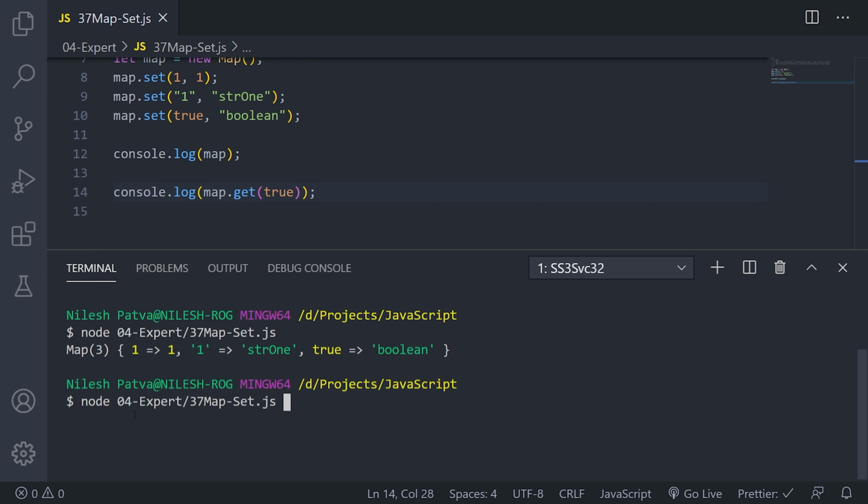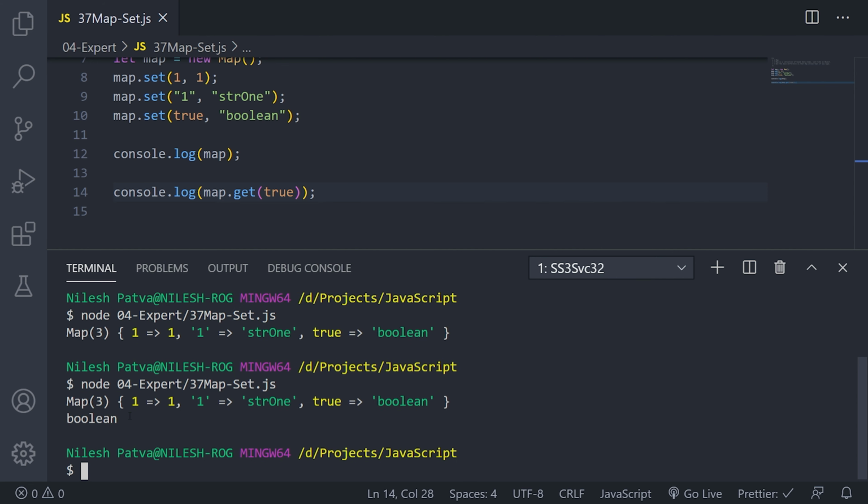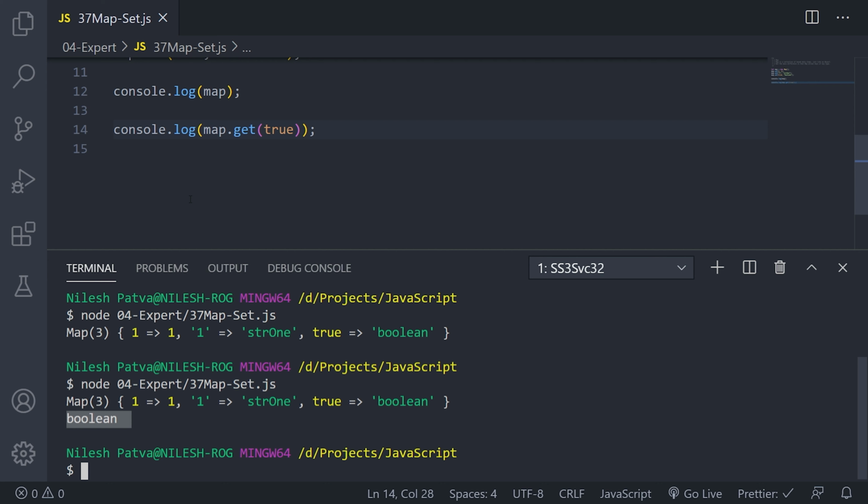To access any key from an object, there is a different syntax, but in map we have to use the get method. That is how you can access the value of any key. It is sort of a dictionary, you can say, or a hash map if you relate to any other language.